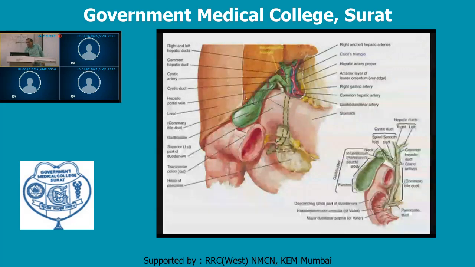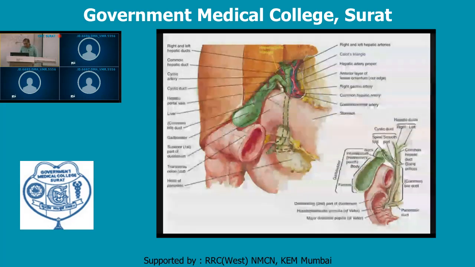One can notice here that it is under the liver. The inferior surface of the body is related with the first part of the duodenum, and just lower to that is the transverse colon. So these are the important relations of this body: antero-superiorly it is related with the under surface of the liver, at the fossa for the gallbladder, and postero-inferiorly with two important structures, the first part of the duodenum and the transverse colon. So this is the body of the gallbladder.